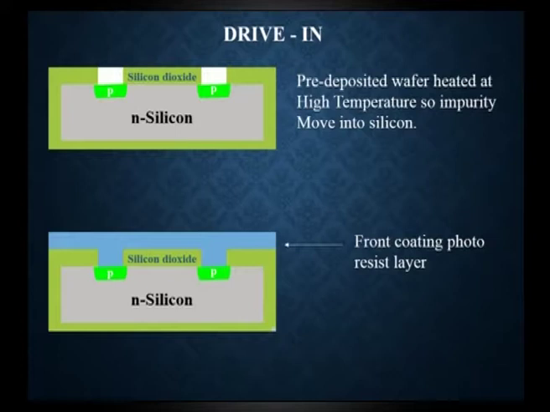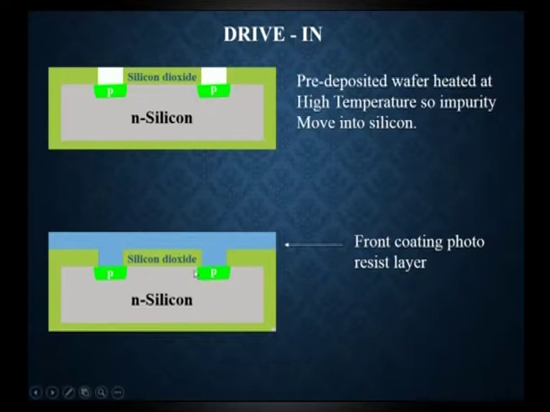When the pre-deposited wafer is already created, it has to be heated at high temperature. Whenever heating is done, we can get the p-type material, the desired material, with the help of heating. The boron atoms are present here. This can form the p-type material, since boron is trivalent. This is exposed to the silicon, so it is going to form a p-type material when it is given a high temperature.